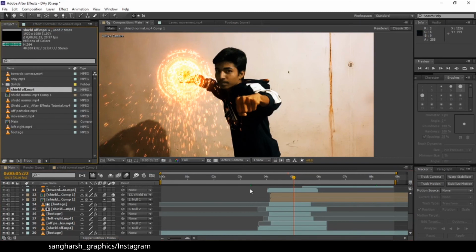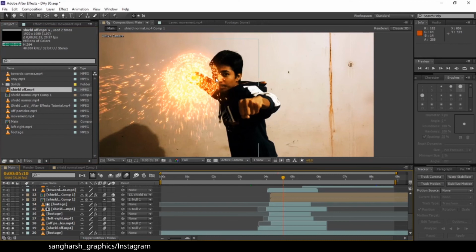And I did one more thing. As you can see, my hand is a little bit back and the shield is a little bit greater. The shield is coming in front of my face and it's a little awkward because my hand is behind my face.